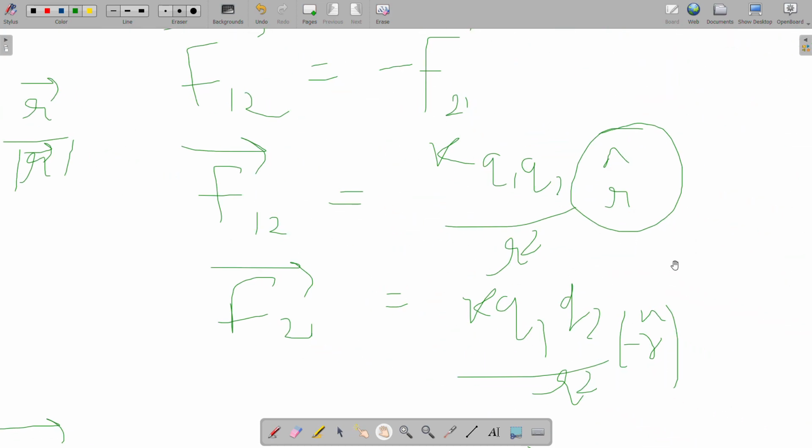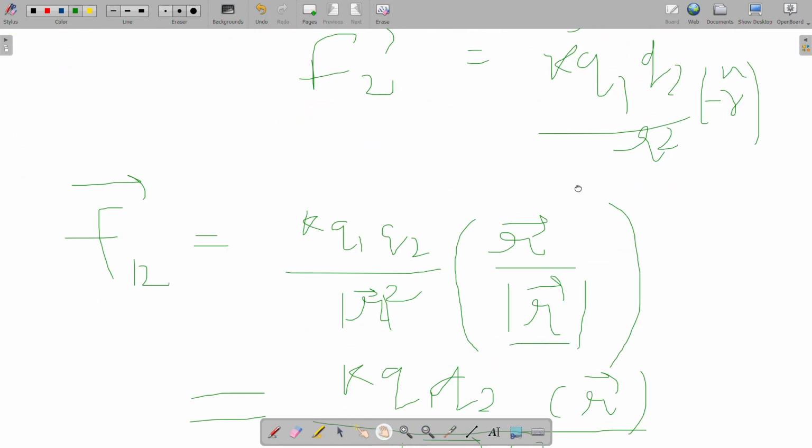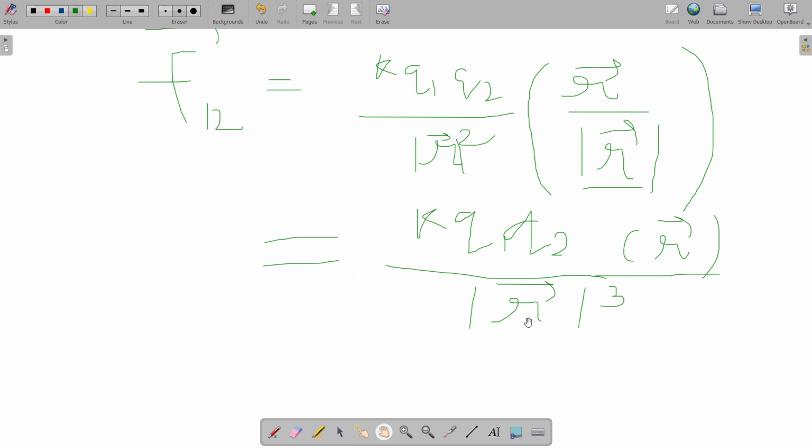Unit vectors are called unit vectors because they have the value of 1, not because they have any unit. They are dimensionless, so they don't contribute to any dimension in the force. And here, one of the R's in the denominator is cancelled by the R in the numerator, so it doesn't make any difference. So now you know how to define force